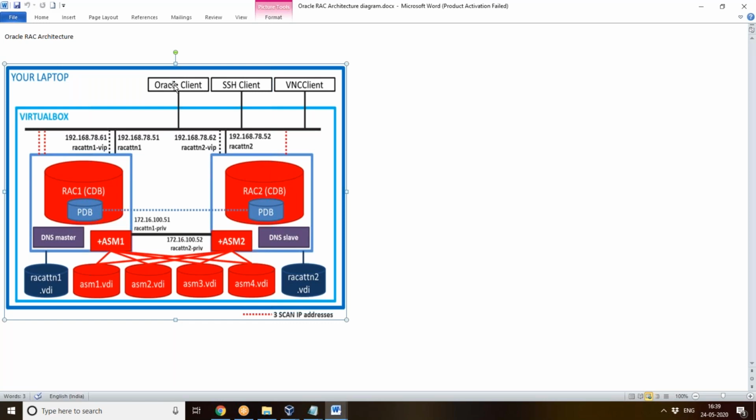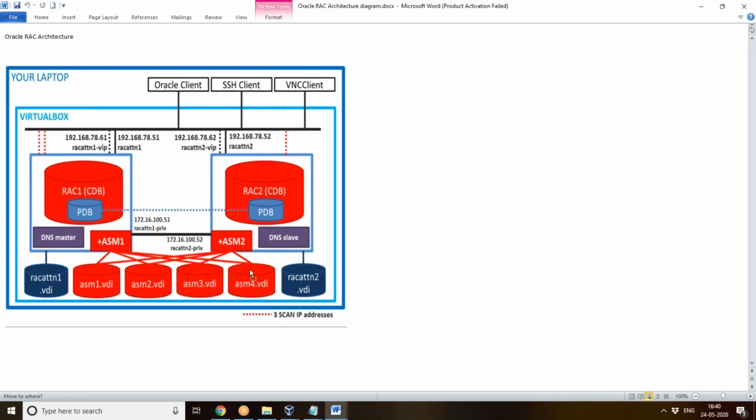For example, an Oracle client or SSH client or VNC, whatever applications are getting connected through this VIP, and if this instance crashes, this public IP won't work, isn't it? So through the VIP, it will fail over to the other instance.